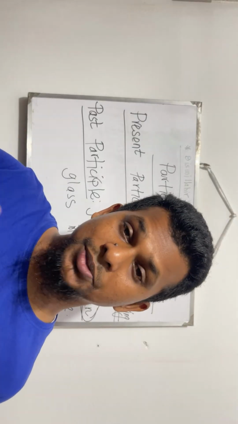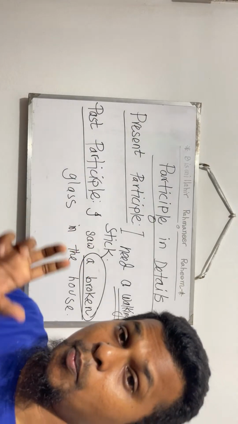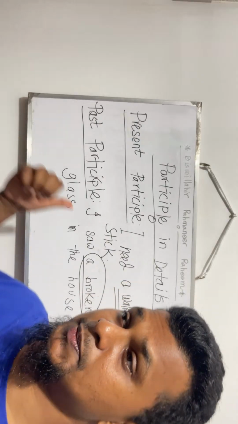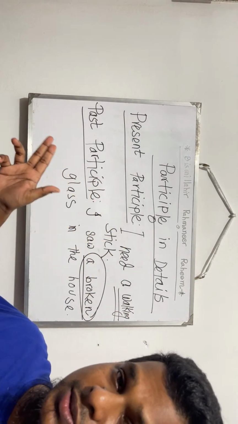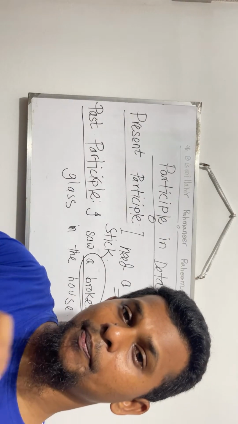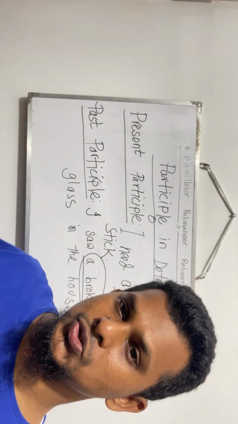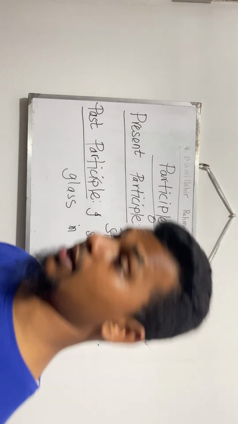So this past participle form of the verb expresses the sense of past participle. Past participle always holds the past participle form of the verb. So this is that I saw a broken glass in the house, and then comes